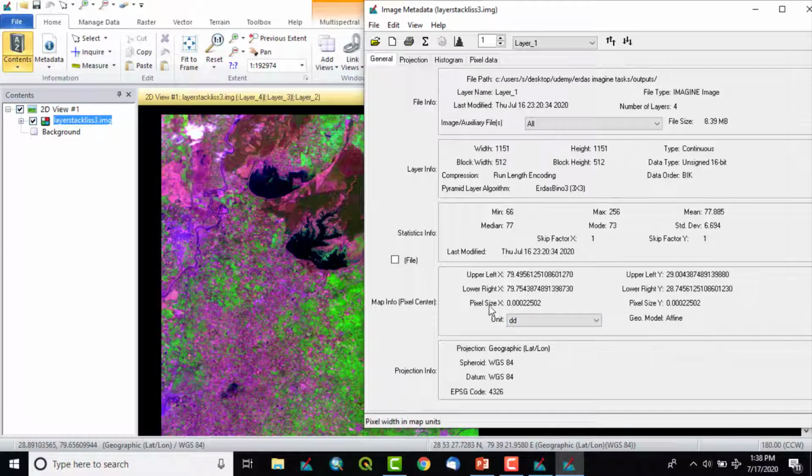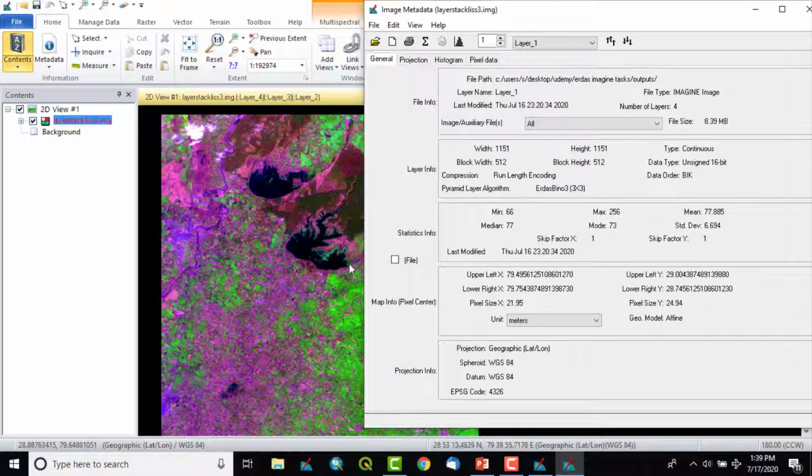Then pixel size. This is also very important. It is also known as the spatial resolution of an image. Right now the unit of this spatial resolution is DD, meaning decimal degrees. We can change from here to meters or feet. So I will click on meters.